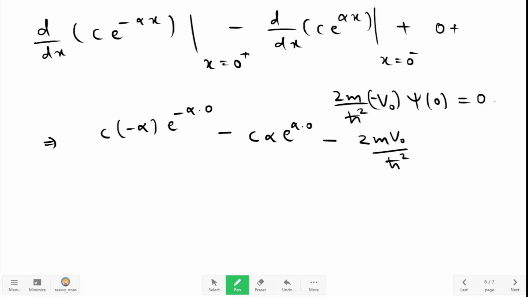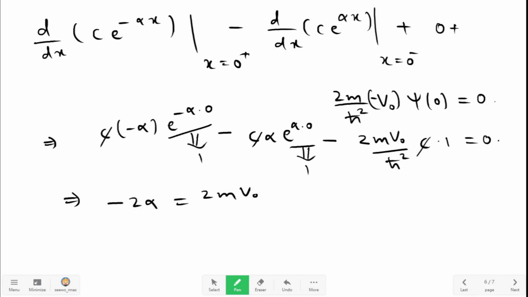Psi of 0 is c e raised to minus alpha modulus of 0, which is 1. This is equal to 0. C gets cancelled from all the terms. From here we have, this is equal to 1, this is also equal to 1. So from here we have minus 2 alpha is equal to 2m v naught upon h bar square, which gives